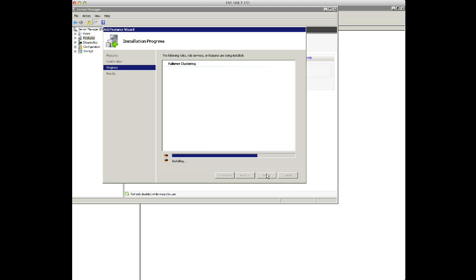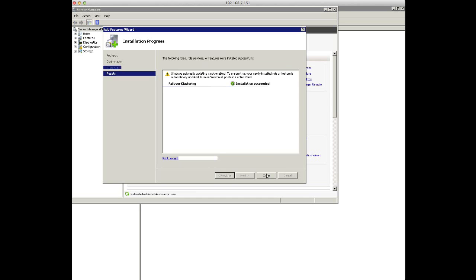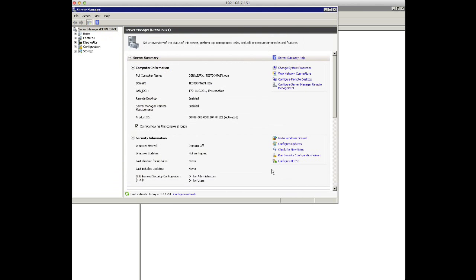After the feature has been enabled, we then create a cluster using, in my environment, SRv2, SRv3, and SRv1 as nodes in my failover cluster. Now while waiting for this, we just think of a virtual server name and a virtual IP address that we can use for the Windows failover cluster. Once we have that,